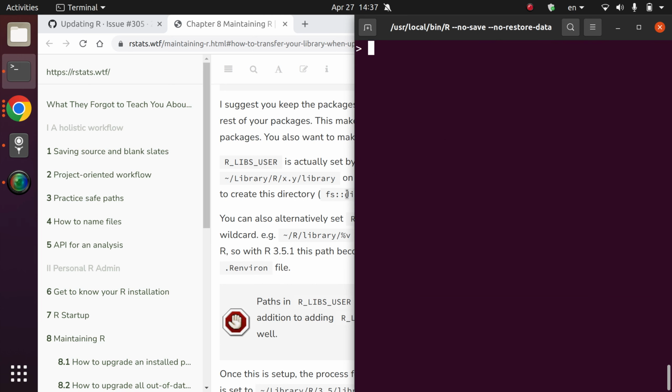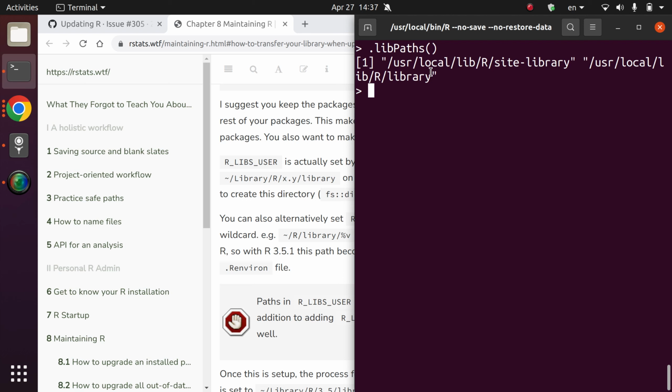So one thing it's useful to know is where the libraries are. We covered this in a data science incubator about What They Forgot to Teach You About R, that precise book, and we covered a lot about how to install packages. So hopefully that would be another resource to extend what we're seeing here today. But let's see, .libPaths will give you